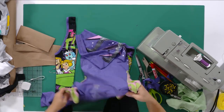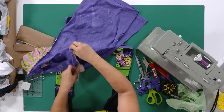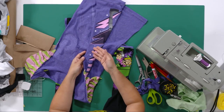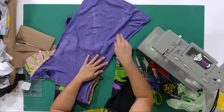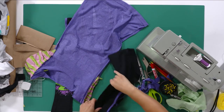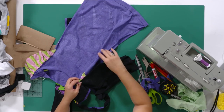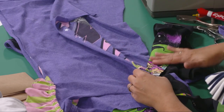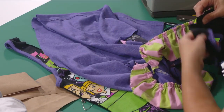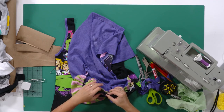Okay, so I'm turning my top inside out, and I'm going to tuck those sleeves in like this. Okay, so here we have the right side, or the front of my shirt, and it's on the inside right now. So here's the front of my shirt. Let's see, we want it to go like this. Make sure when you're doing this that you are actually sewing front to a front, okay? And not front to a side back. So get that all placed right, and I'm gonna find my little seam here, place that on my shoulder seam,